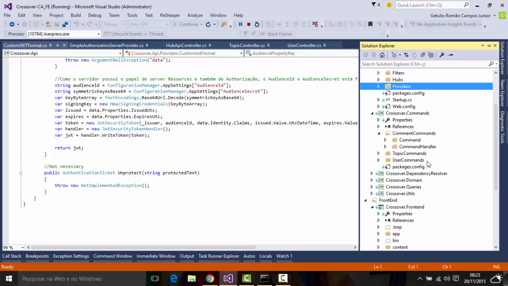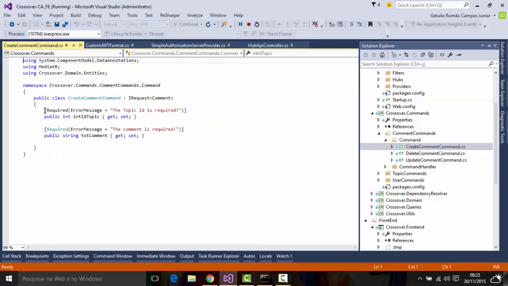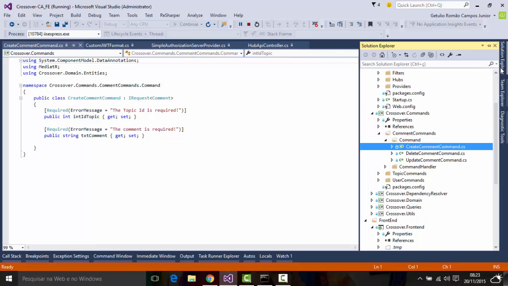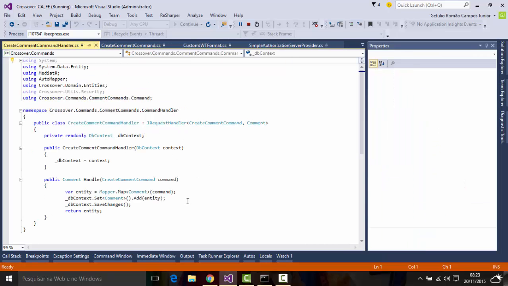And the commands. The command is always made of two things. What the user sends, like create a comment, he has to send this information, and the handler that says how it's done. So here is how the processing is done. It's also very thin. Most of the work is done by the entity and AutoMapper, so there is not much here. We have a global exception handler,